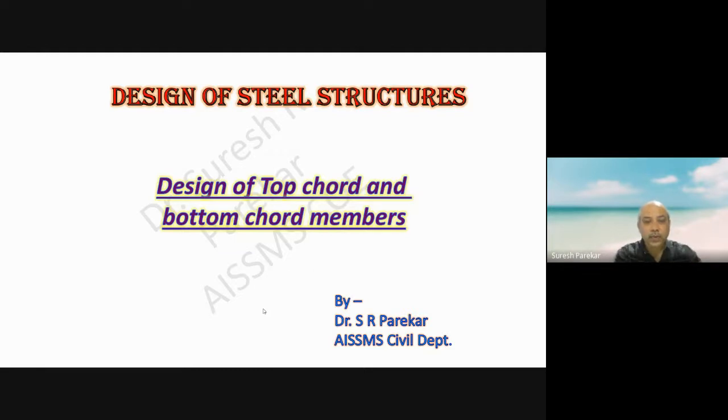Now we have to make the groups separately. The top chord member is a continuous member, and we have the same angle section throughout the top chord, and therefore we make the groups: top chord members, bottom chord members, and all internal members, which may be struts or slings. And now we will start with the first, the top chord members.